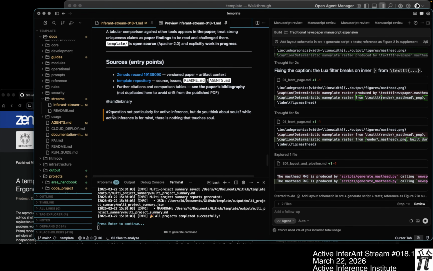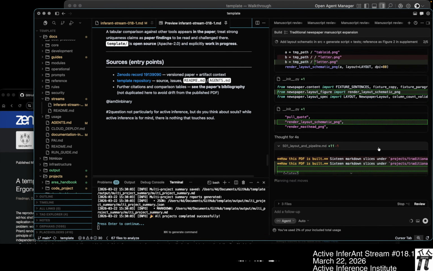Okay. I am 0 in binary. Not particularly for active inference, but do you think about souls? While active inference is for the mind, there is nothing that touches the soul. Yeah, great question. Interesting also to see that kind of soul.md approach and different